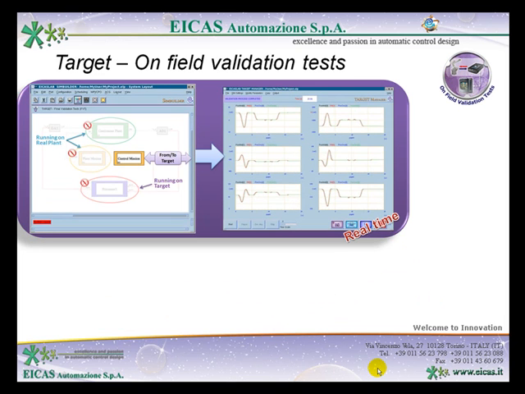The third operative mode, the target, is composed by two submodes, called on-field validation test and hardware in the loop. The on-field validation test is a submode devoted to perform the final simulation campaign with the final target acting on the real plant. You just need to transfer in your target the software code automatically generated by EICASLAB, composed by